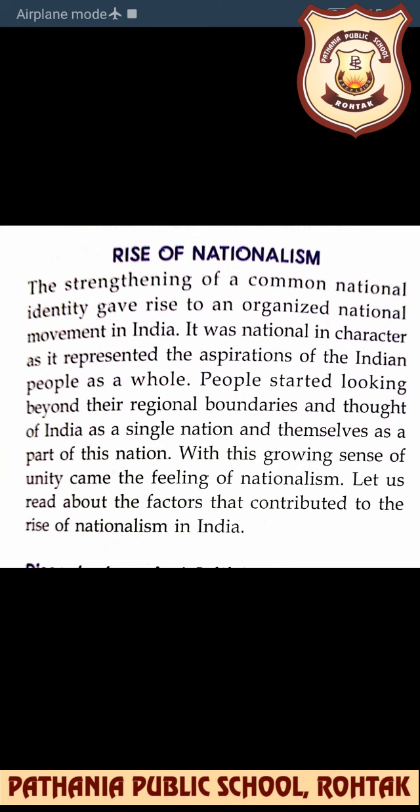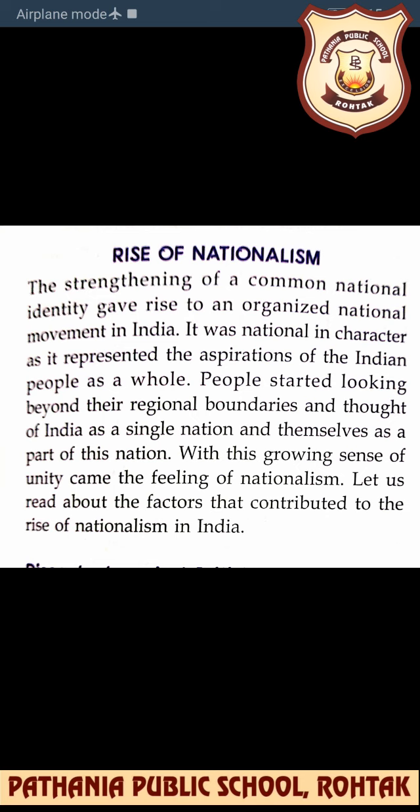So the very first topic is the rise of nationalism. Now, how was there a rise of nationalism among Indian people? As you have read in chapter 6, the Great Uprising, that was about the revolt of 1857. There were a few reasons for the failure of that revolt, because during that first war of independence, there was no national leader. And the other reason was that the people fought for their own territories, not for the country.